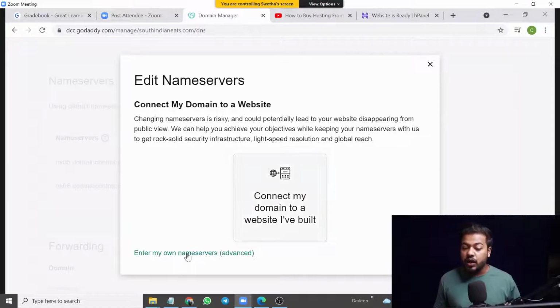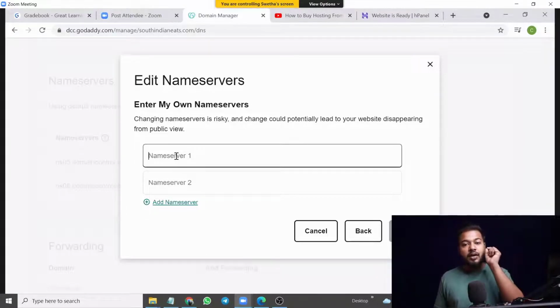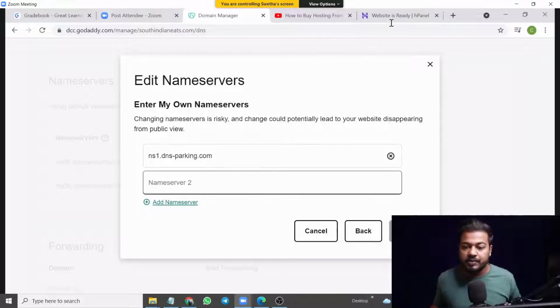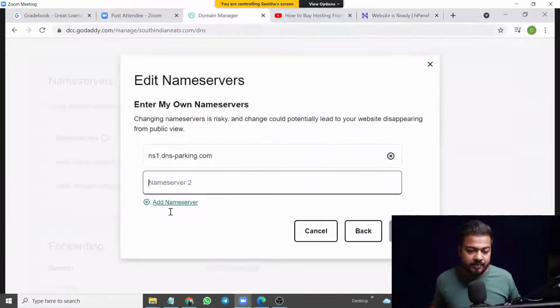So you need to look out for the bottom line, which is Enter my own name servers. Okay, so we have used different name servers, so we need to enter our own name servers. So we're going to click that one, and here you need to paste those two name servers from Hostinger one by one here, right? So the first one, it's here, and the second one, let's just copy it. Here's the second one. Copy this and paste this here.